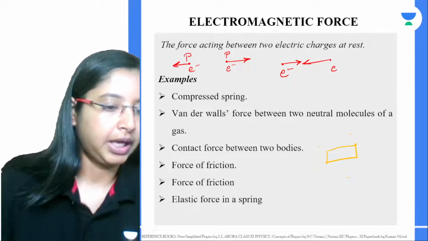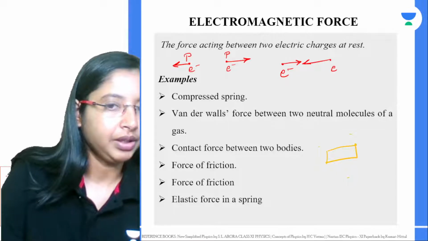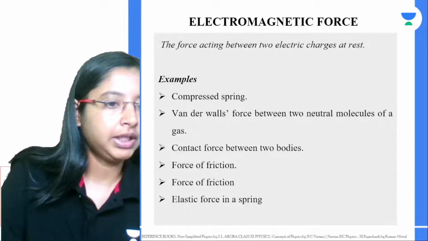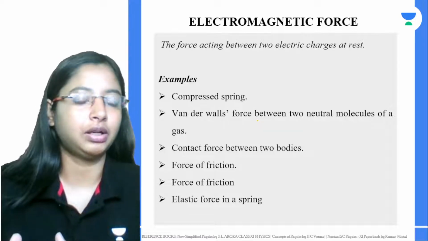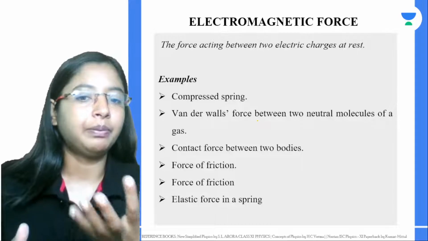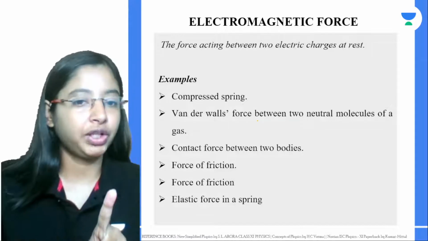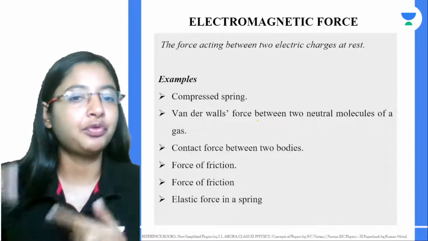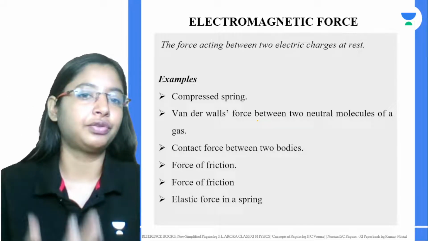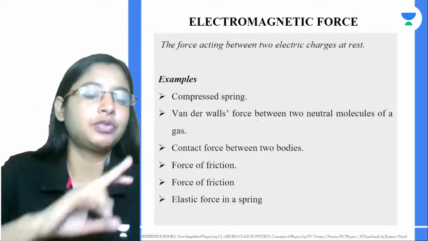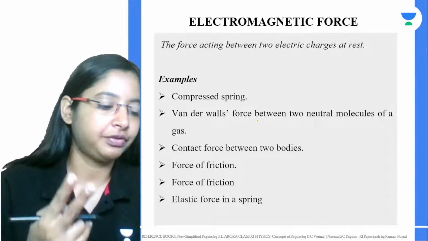So that's true. And normally, not only can a bar magnet, or any magnetic substance, produce a magnetic field around it, but if you have moving charges, the moving charges can also form a magnetic field. That's the magnetic effect of a current carrying conductor, because moving charge means current.